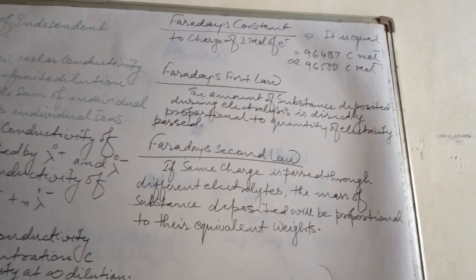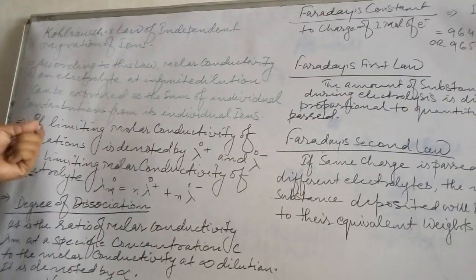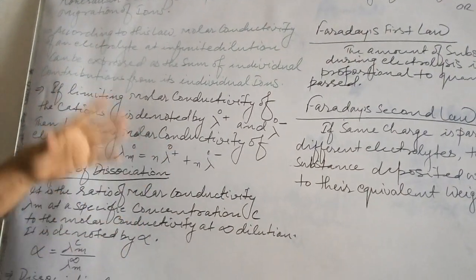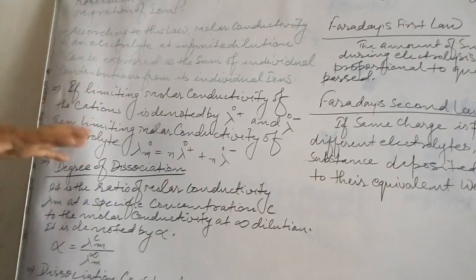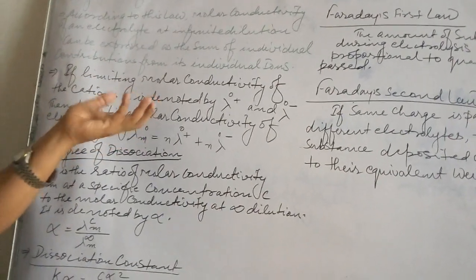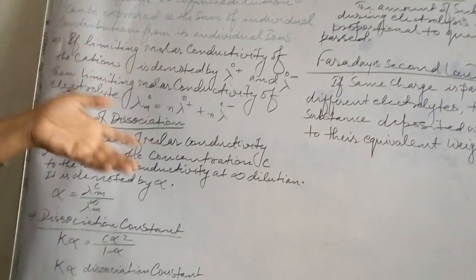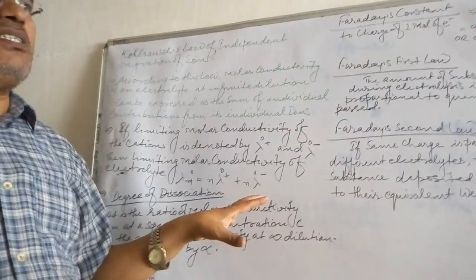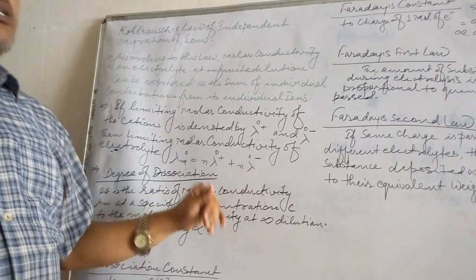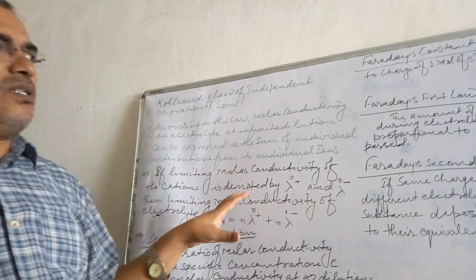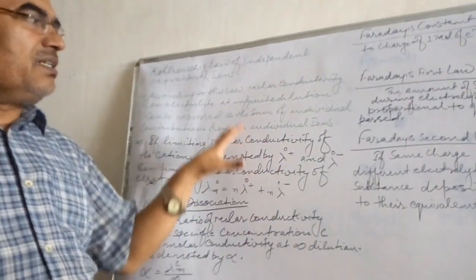A number of terminologies you have gone through, and before this you have already gone through the discussion with numericals of the Nernst equation, galvanic cell, electrochemical cell, electrode potential, electromotive force, electrochemical series, and many things we have discussed. So this chapter is quite scoring for you, and after this we will switch to chapter 4. So you better prepare the notes and assimilate the topics day to day.